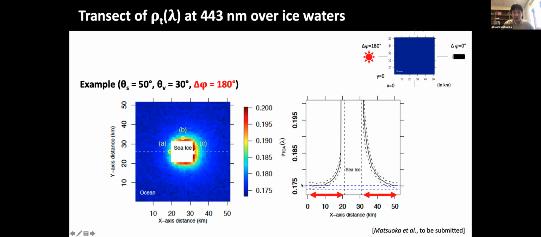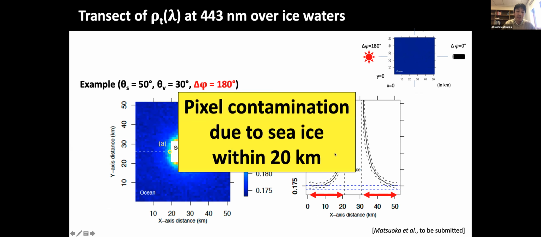As expected, when you approach the sea ice, we can clearly see this adjacency effect near the sea ice. The important message from this result is that sea ice contamination can be observed within 20 kilometers from the sea ice edge, which is consistent with the previous study by Bélanger et al. 2007 using 1D radiative transfer simulation results.